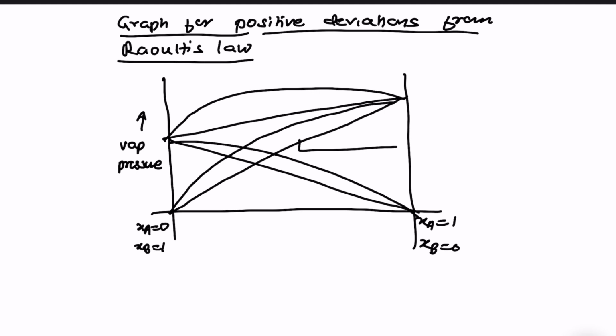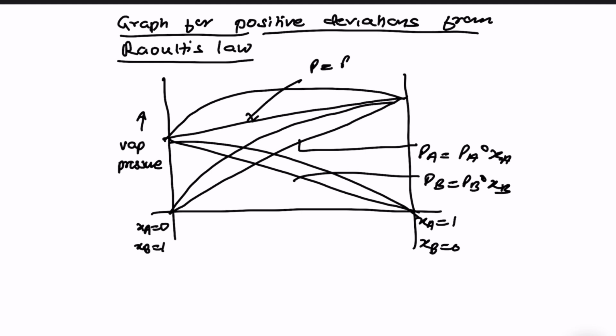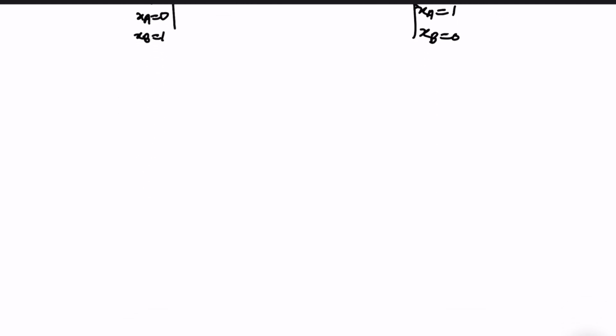This is the graph for A, that is PA equal to PA naught into XA. This is the graph for B, PB equal to PB naught into XB. This is the graph for total. Since it is showing more vapor pressure than expected, there is a positive deviation. In case there is a negative deviation from Raoult's law,